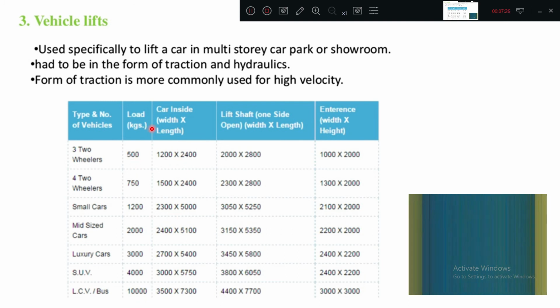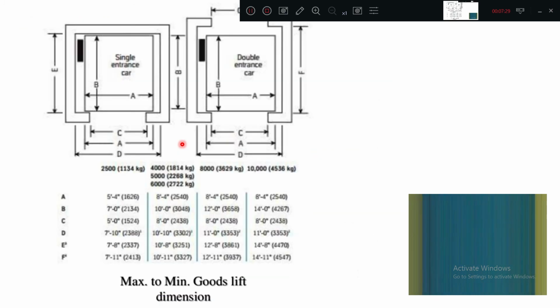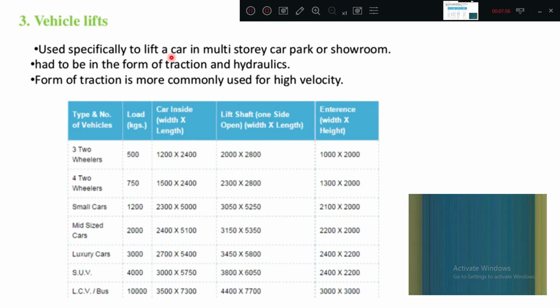So car dimension means what, that space is there, no, this space. So this space we call as car dimensions. So this we consider as a car only. See, this portion A and B is car dimension. This outside is the wall for elevator, total elevator wall assembly. This is generally the counterweight. Okay, so here car dimension, this is the shaft dimension and this is entrance width. Okay, width and height. We have so many things.